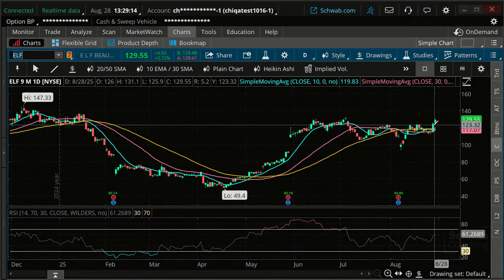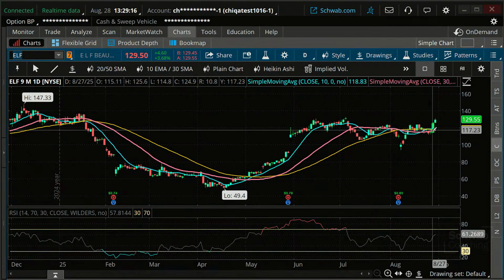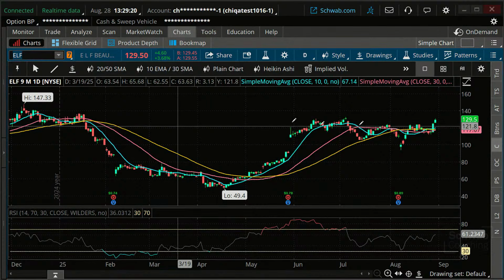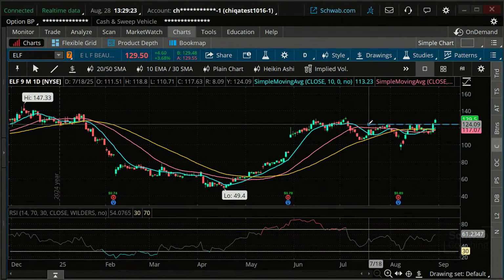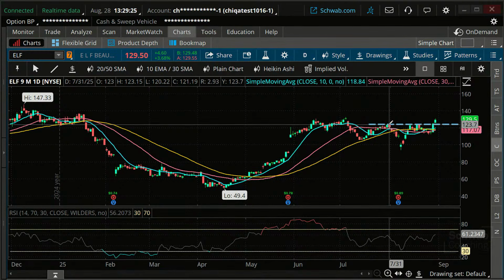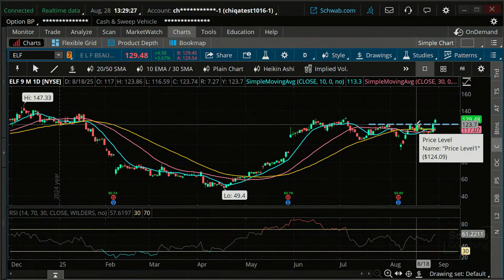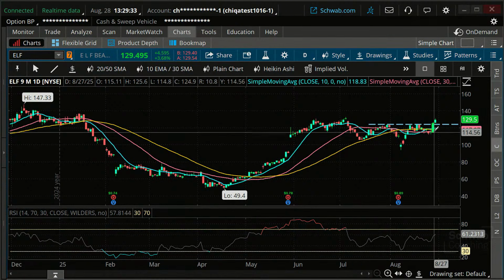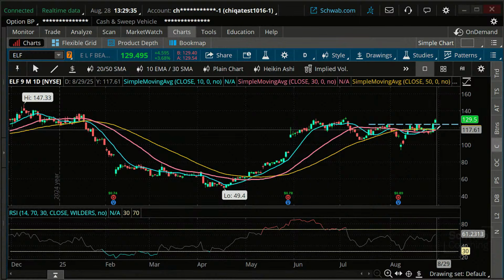Does it meet the conditions? Yeah, we're above the 10, 30, 50-day moving average. You can even say, well, look, it looks like we're breaking out above this level. So you can add in your own technical analysis. This is a breakout, upward momentum going forward, a break above our moving averages, okay?